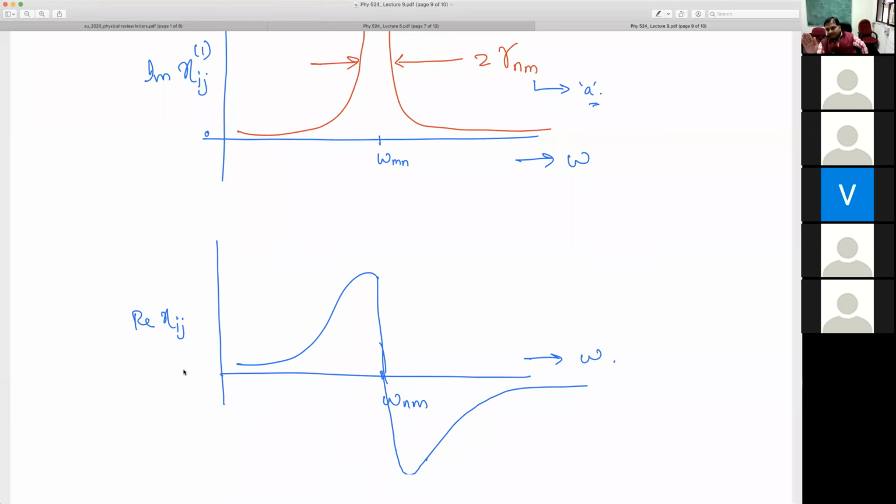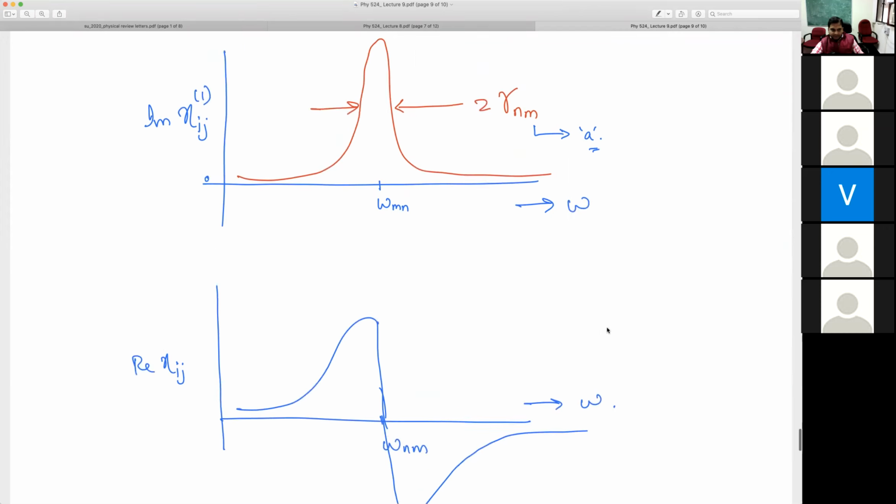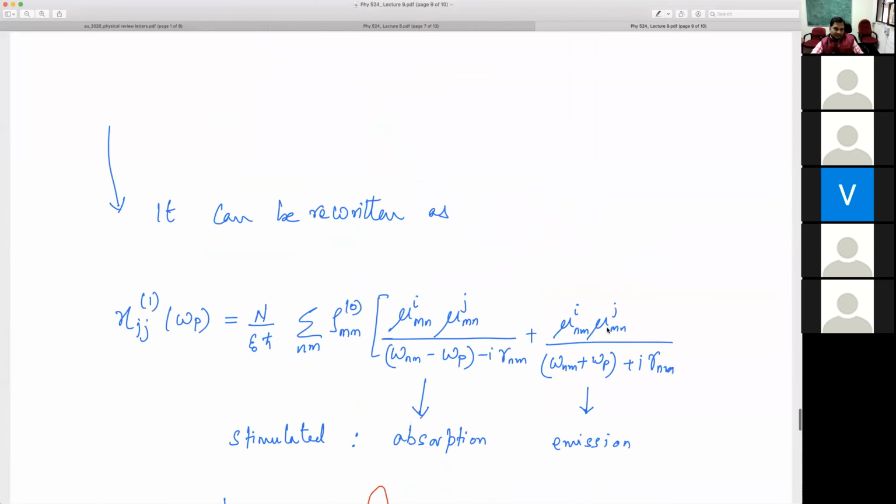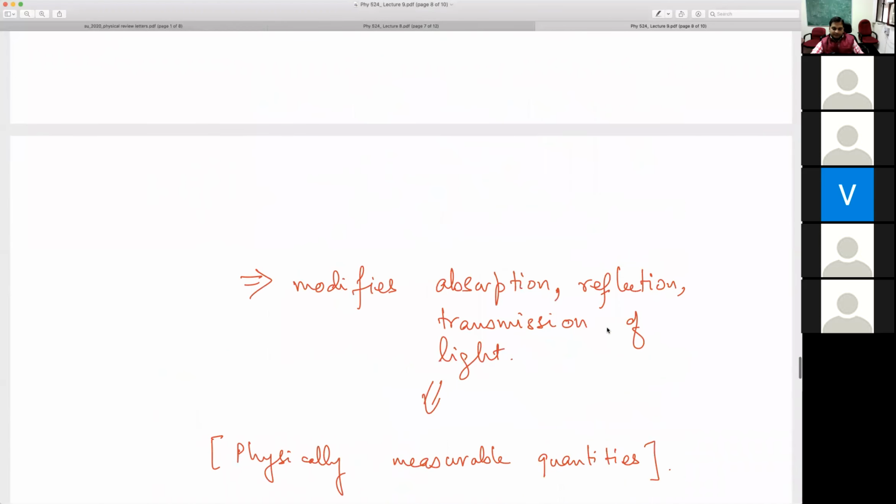I can send light of a specific polarization, and I can measure either the reflected light or the transmitted light, and I can measure its polarization. You find that interaction with matter also changes the polarization. The angle at which light was incident shifts a bit. That polarization rotation I calculate, and you will see that it is related to this chi ij, the real part of chi ij actually. Okay, so that is within linear response. I wanted to stop here, and then we will see an example of nonlinear response in the next class.